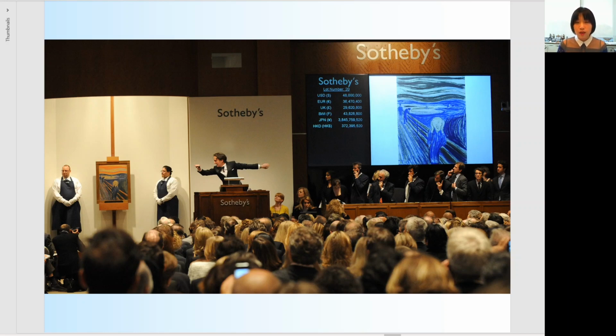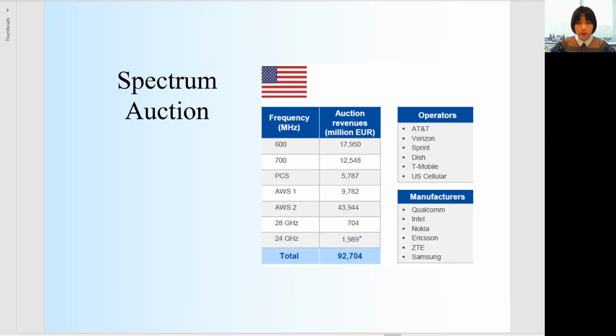But actually, auction is a much broader topic than what we have in mind of this specific format. It's been used in many aspects in our everyday life. For example, a spectrum auction. So what is a spectrum? Spectrum is a huge range of various frequencies used for all sorts of different things, like X-rays, microwaves, TV broadcasts, and mobile phones. Everything wireless uses spectrum. And the government needs to allocate different frequencies for different users so that the signals don't interfere with each other. And the allocation of spectrum is done by auction.